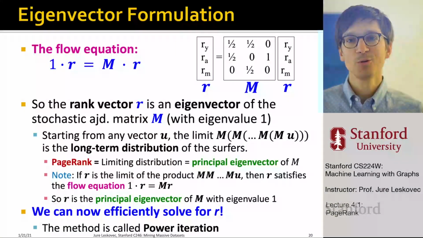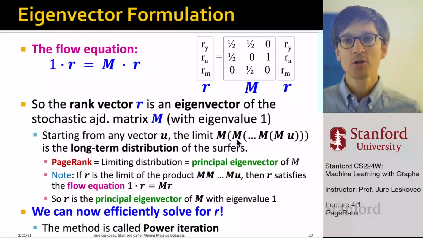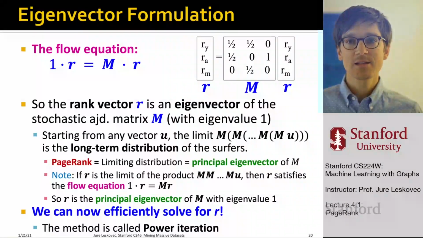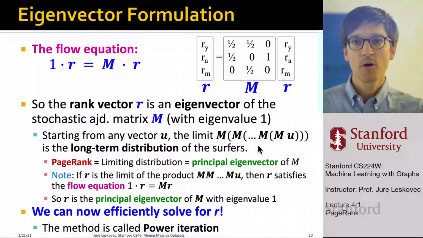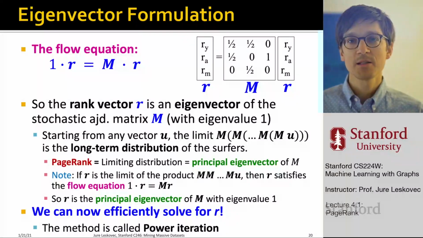And this is also interesting because it connects to the notion of Katz centrality, or Katz similarity, in lecture 2, because there we also said that if you take an adjacency matrix and power it, it counts the number of paths between a pair of nodes, right? So here in some sense we are also evolving and making this random walker walk longer and longer, one step longer whenever we multiply with the matrix M.